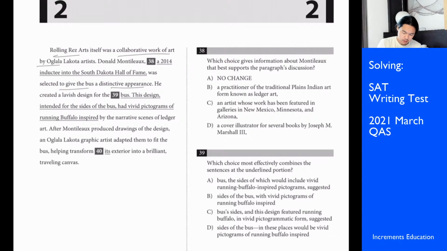Distinctive. Hall of Fame seems a little unusual. I want to support the idea of a distinctive appearance. The Hall of Fame is just boosting him, but doesn't really have a traditional form, a distinctive, lavish design, vivid, right? Like a cover by books by this random person whose work has been featured. That seems